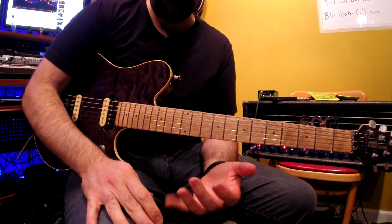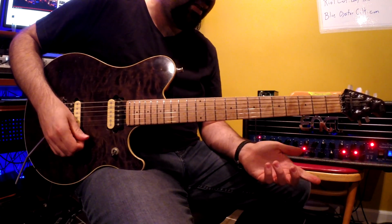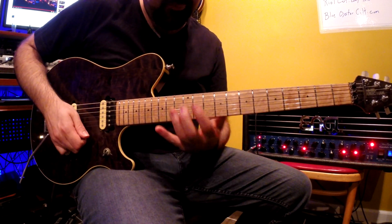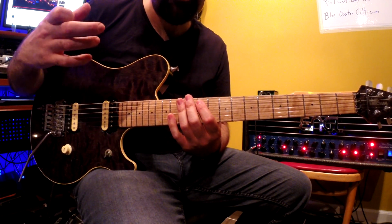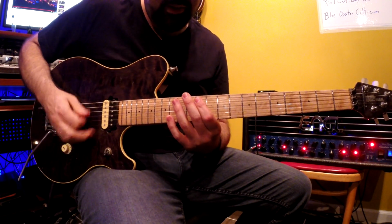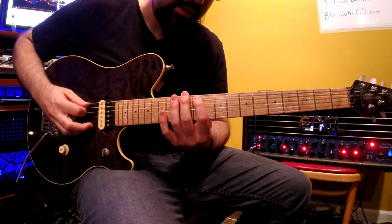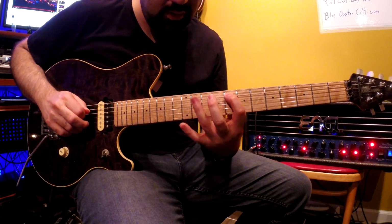Okay, the only thing left to do now is harmonize that very last lick. Now we already know the harmony for the B flat, you know, the one with the stretch. But after that, we have to harmonize that lick, which was that whole thing. So the good news is diminished chords and arpeggios are built strictly on minor thirds. So that means we can just move that whole thing down 3 frets. And do the exact same lick, which was...